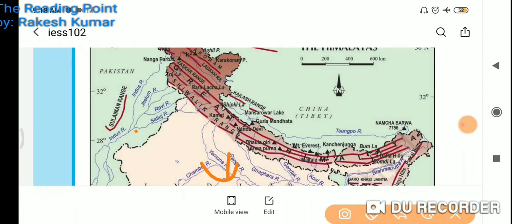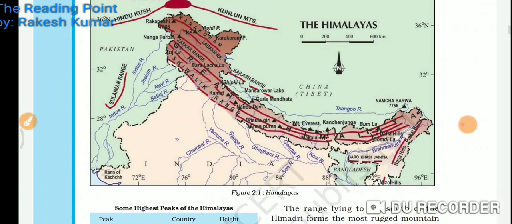The important mountain ranges are Pir Panjal and Dhauladhar. The Jammu Kashmir highway passes through the Banihal Pass, located in the Pir Panjal range. Many popular hill stations like Simla, Dalhousie, Kullu Manali, Mussoorie, Nainital and Darjeeling are situated